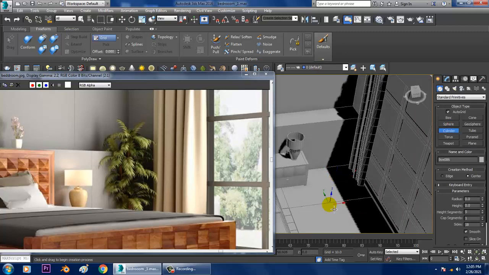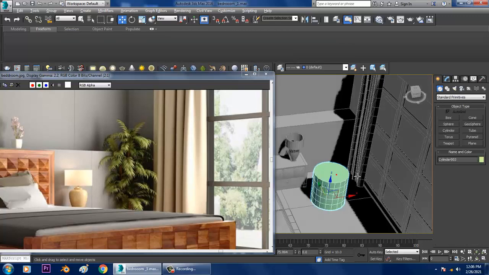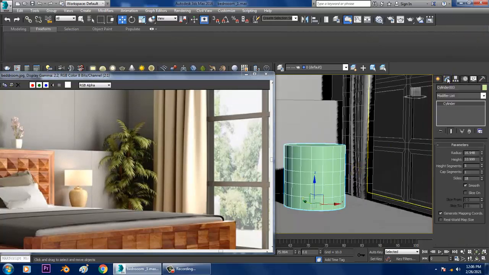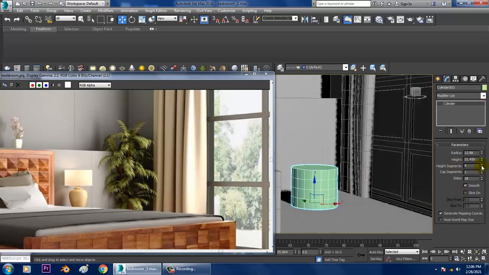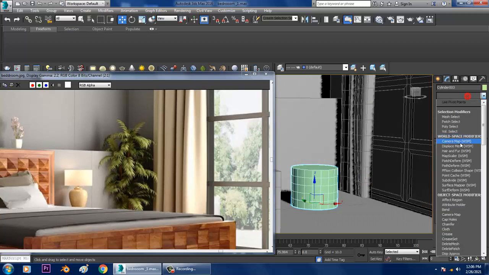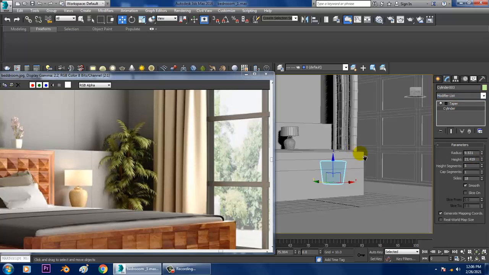So let's take a cylinder and reduce the height of the cylinder, reduce the radius. Height segments, we can keep a bit lesser, and let's give again a taper modifier, although you can use cone also. Instead of giving this, reduce its radius. That's it.